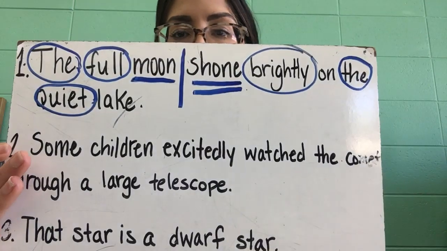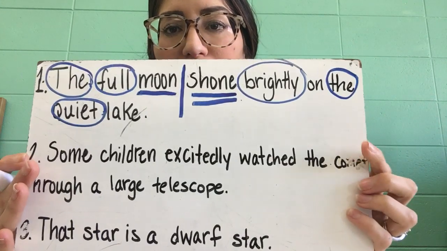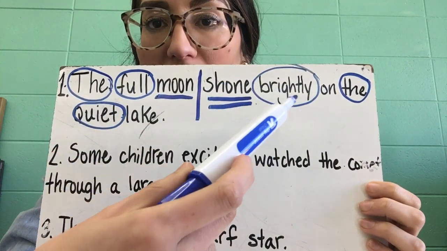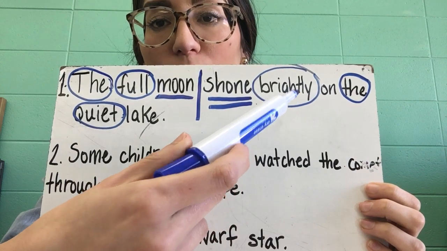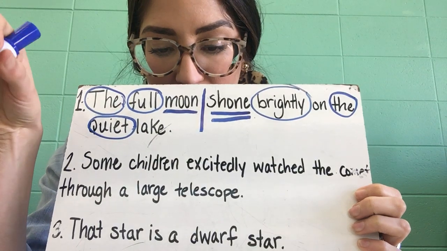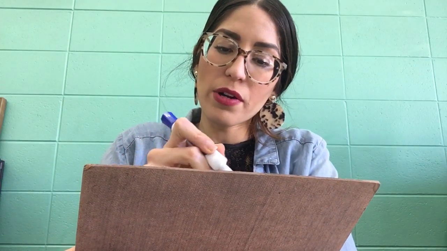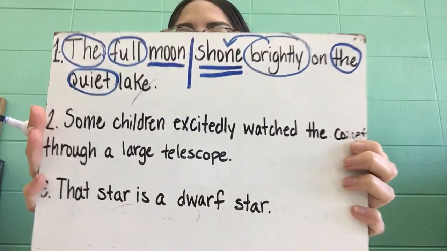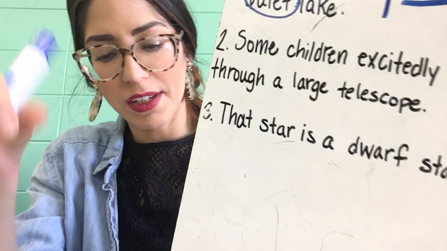Good, brightly. Very good. There we go. I circled brightly. Okay? So that one's our adverb. Remember, adverbs normally end in ly anyway, and they describe the verb. So what does brightly describe? That's right, it describes the verb shown. So we'll draw the arrow from brightly to shown. Okay? Next,